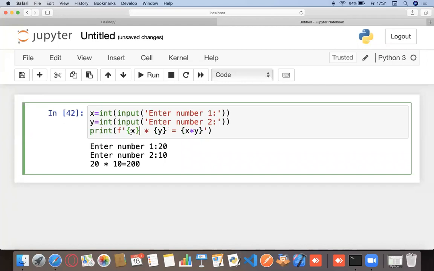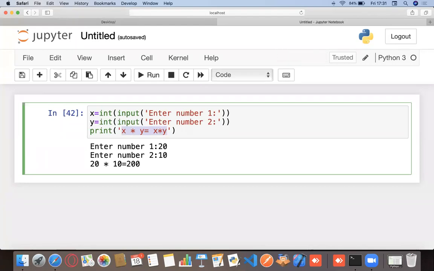Had I not done this, and I had written something like this, some of you might expect it to work as well, because in the end I'm printing X, I'm printing Y, I'm printing X plus Y. You see that X is here and X is here, but to Python, anything inside a single quote or a double quote is basically a string.